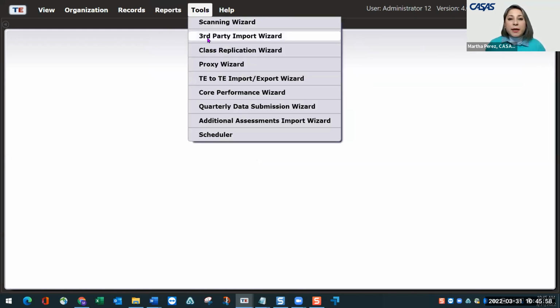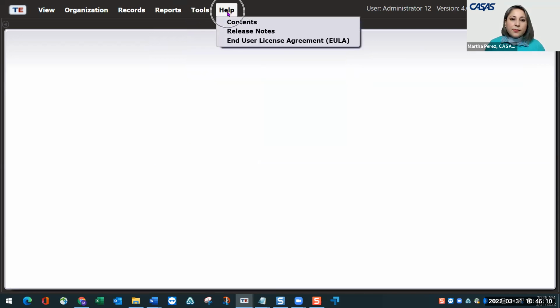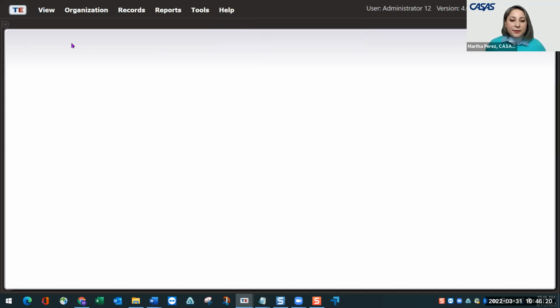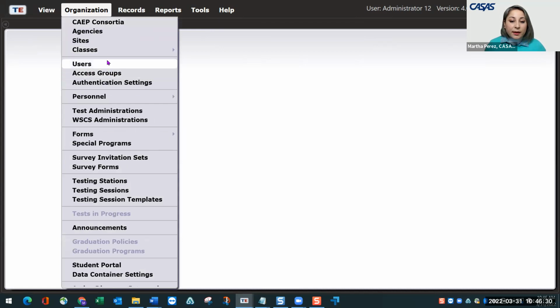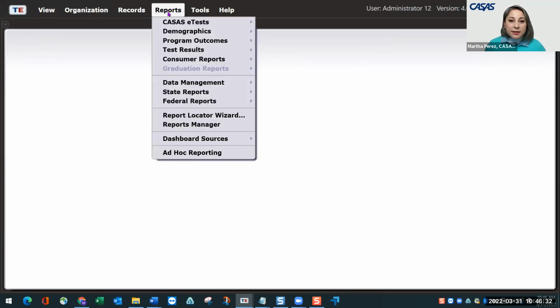And then we have the tools menu, which has many tools for importing data into TOPSpro Enterprise or doing other activities in TOPSpro as well. And then we have the help menu, which has the release notes and the end user license agreement I talked about at the beginning, and some contents about the help menu. All right, folks. Well, this would be our navigation through our menu on the top left. And we also have